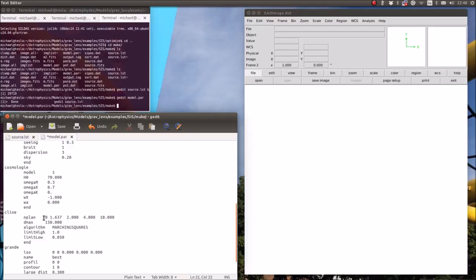I have chosen to retain any, but as you can see here, if I put in a 4 here, I would get critical lines and caustics for this redshift, this redshift, this redshift, and this redshift. This is how large the grid should be in